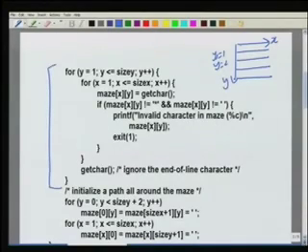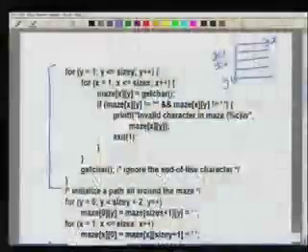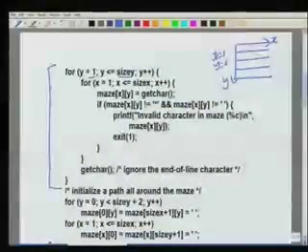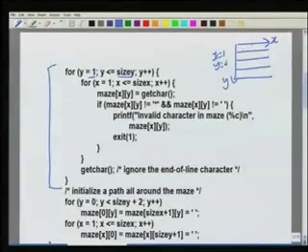The y equal to 0 row in the array we will reserve for the path that we are going to create around the maze. So for each successive value of y from 1 till size y, we have to read the entire row of maze characters, and the number of characters there is size x. So for x from 1 to size x,